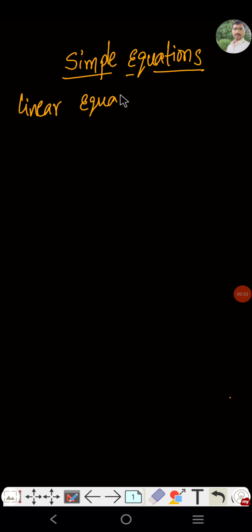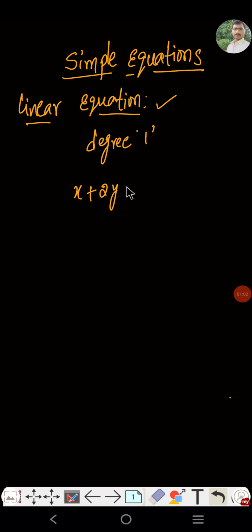A linear equation means an equation having degree 1, that is, the highest exponent is 1. Then that equation is called a linear equation. You can see one example here, x plus 2y is equal to 3 or x plus 7 is equal to 5. These two are examples of linear equations, because in the first example two variables are there,